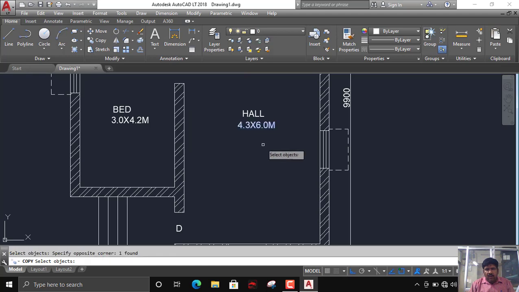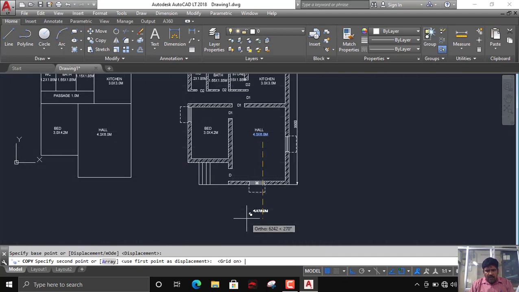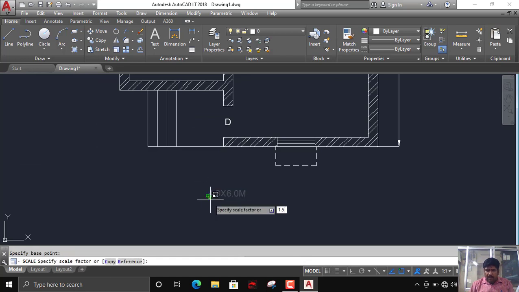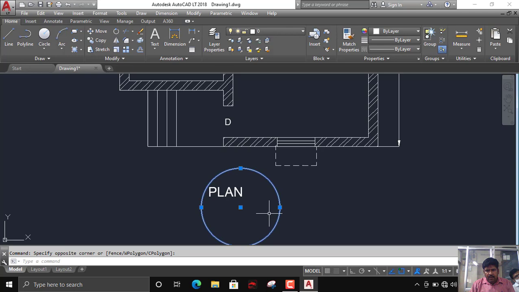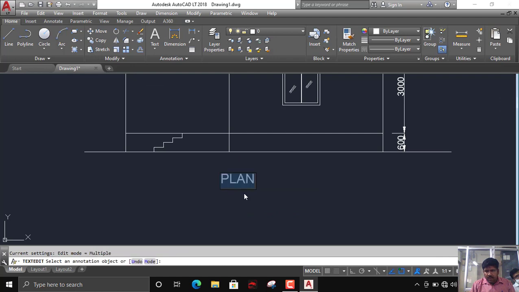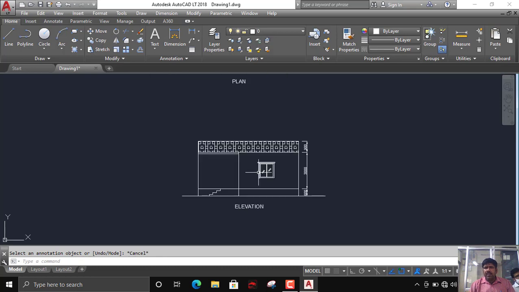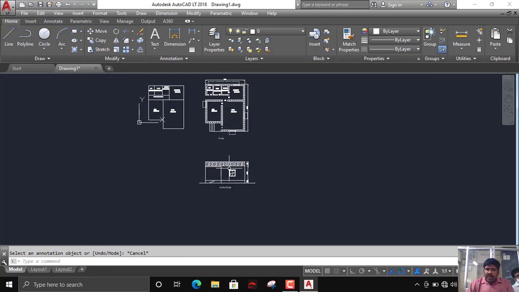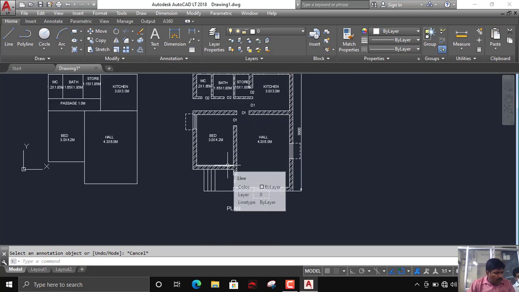Then I have to write here, this is plan, elevation, right? Next we'll come to the cross section of the wall, right?